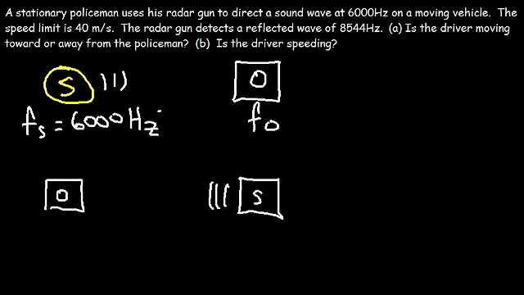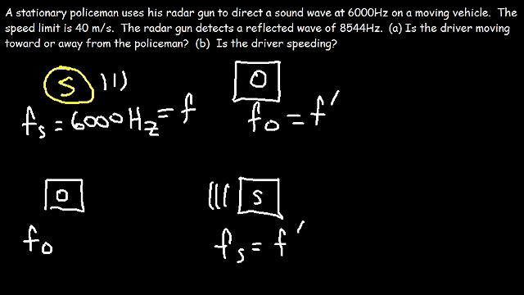In some textbooks, the original source frequency is known as F. The frequency that the observer detects is F prime. Now for the second part of the problem, the frequency that is reflected by the observer is now Fs, which is also still F prime. And the frequency detected by the policeman, who is now the observer, is F double prime. So you might see those symbols in the textbook that you're using. So you can use them if you want to. I'm going to use them.